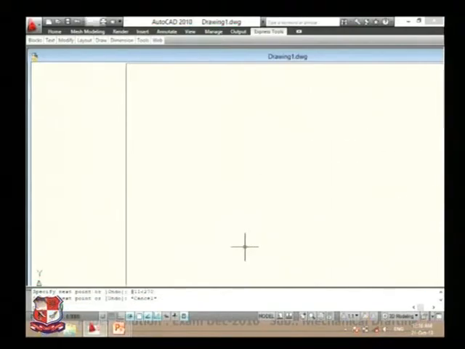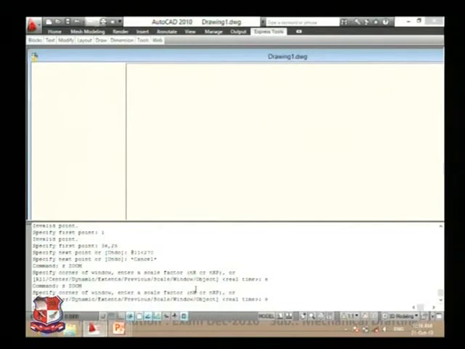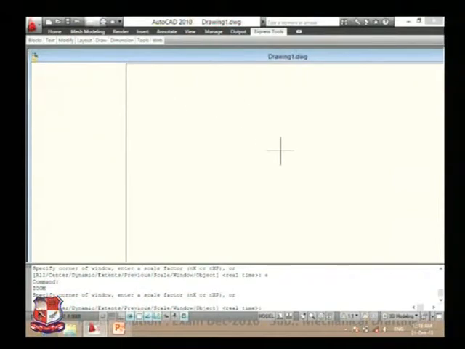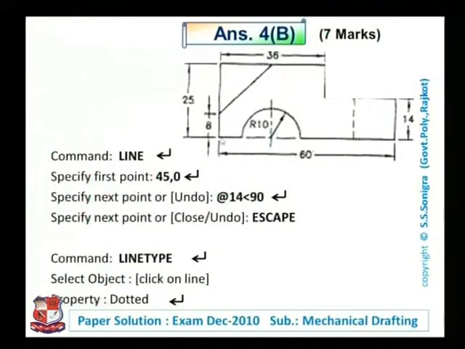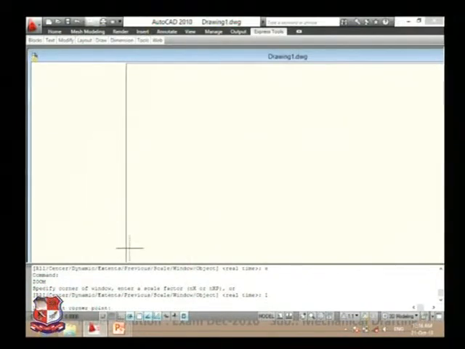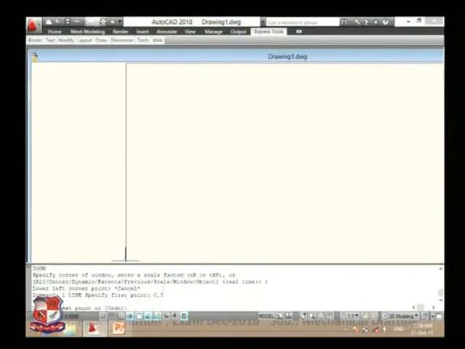Now with the help of the zoom command, we can see all the drawing in our space like this. Use zoom and extend. So all the drawing would be visible to us in our space like this. Now after drawing this, let me draw this horizontal line. For that we start drawing a line from here, line from origin point 0, 0 to the end point.